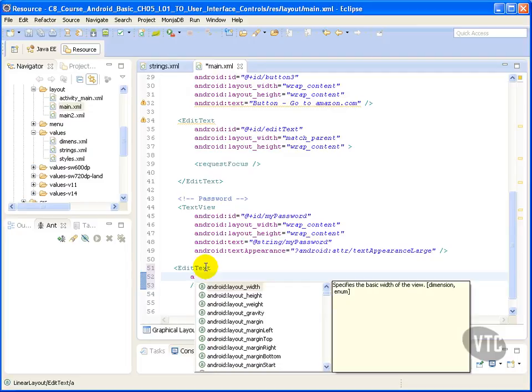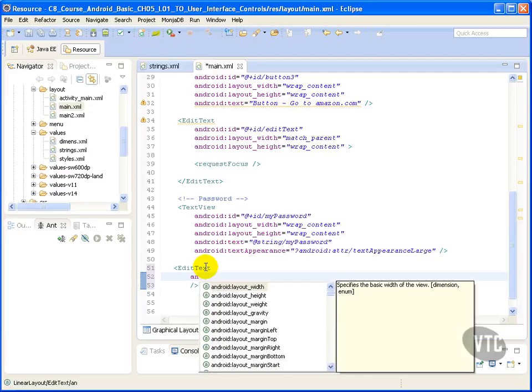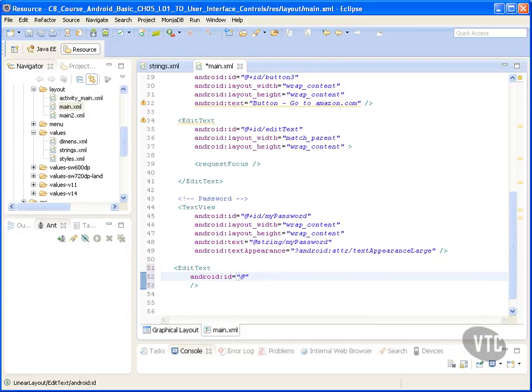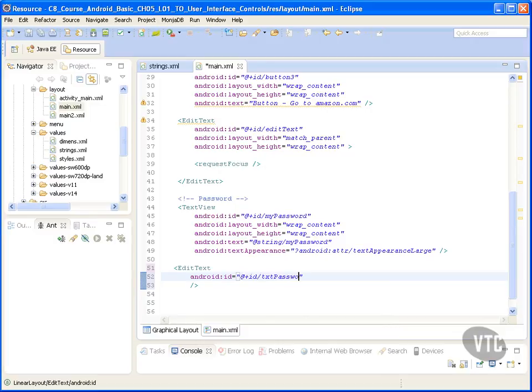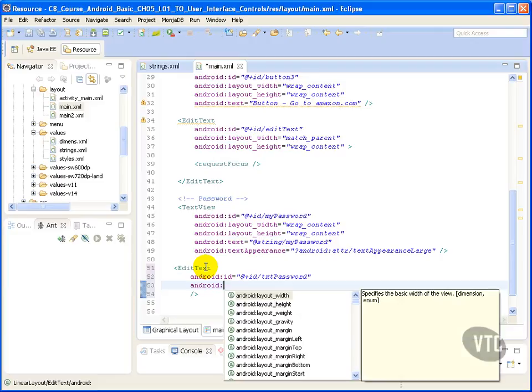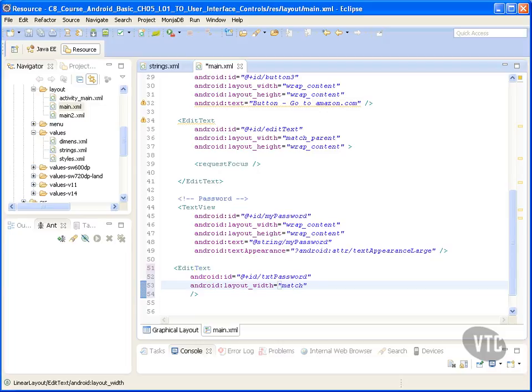So now I'm going to add my text box. And my ID will be text password. And now I'm going to set up my layout width and height. And finally, I'm going to put a little message for the text input. But before that, I'm just going to add